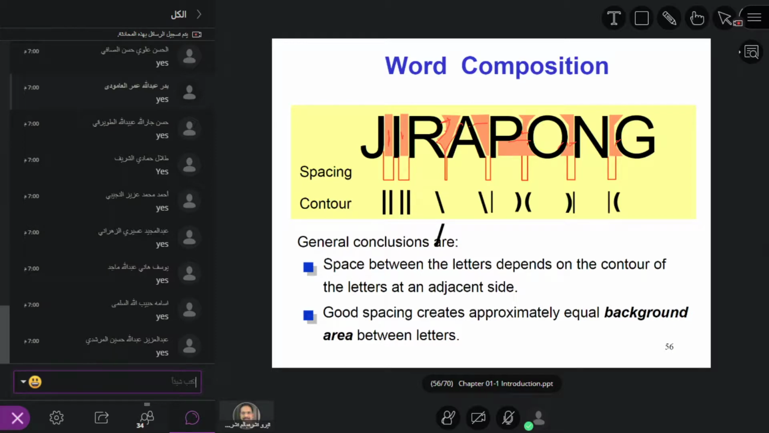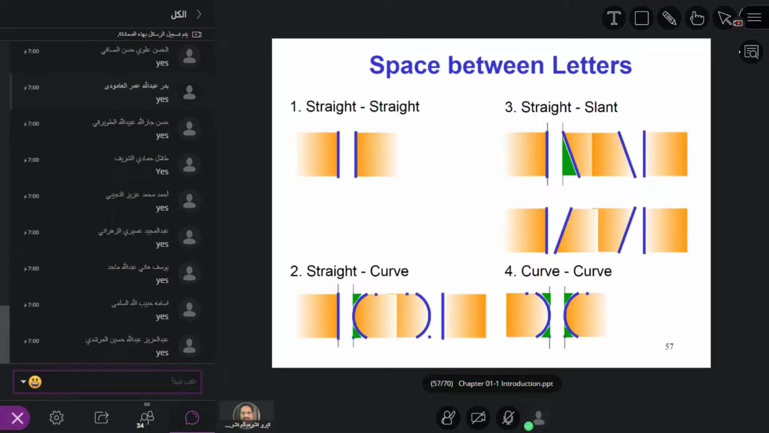Because the letters are not uniform, if you see there, this gap is different, but this gap is too huge. So you have to make sure that this is uniform in such a way that it looks legible to the reader. That's the idea here. The thumb rule is just that the background area should be approximately equal. That's very important. Okay, this is space between letters. This is a straight space,